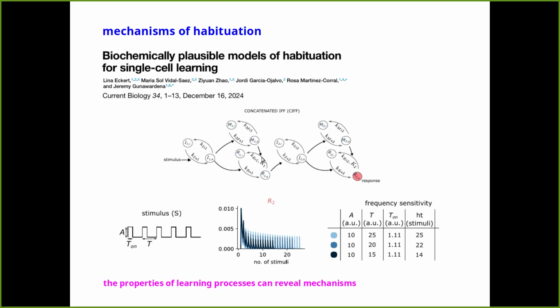And in fact, they exhibit habituation. It's not difficult to show. But we could never find a parametric regime in which a single incoherent feed-forward loop exhibited frequency sensitivity. And following an old idea in the literature, which goes back to a psychologist by the name of John Staddon, who suggested that one way to solve this problem was to do a concatenation, we looked at the concatenation of two incoherent feed-forward loops, and that does in fact exhibit most of the